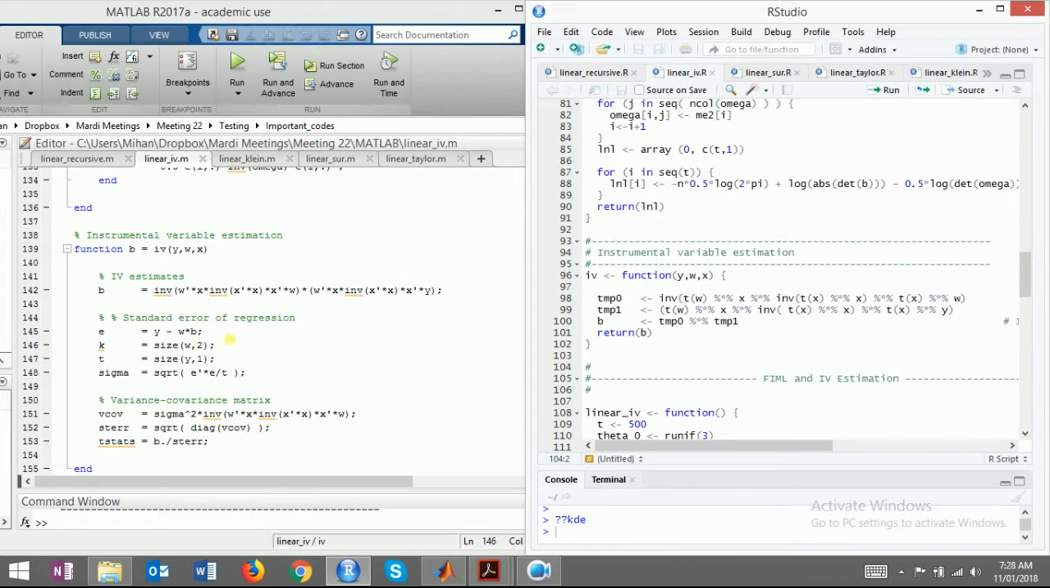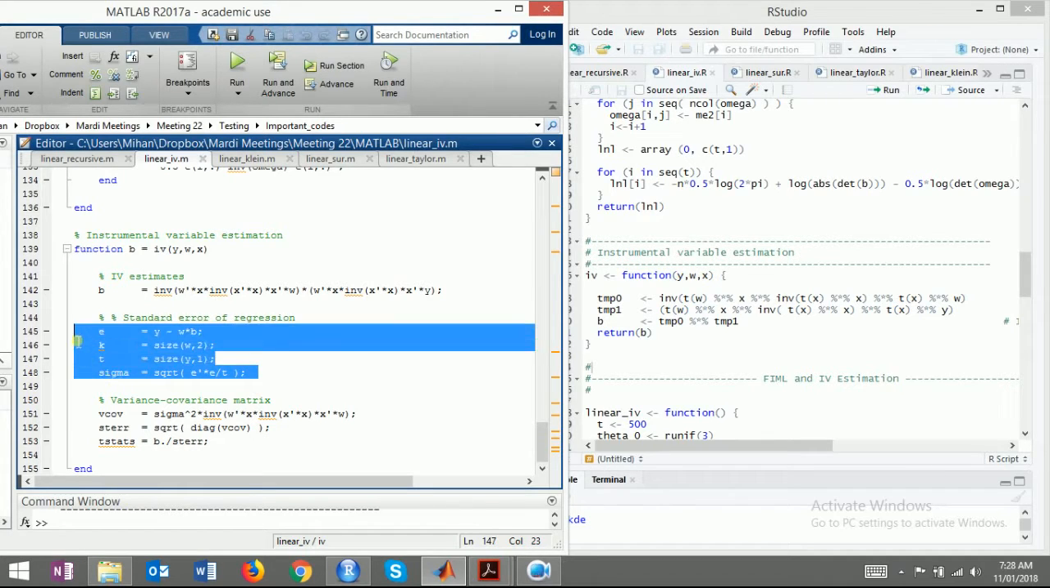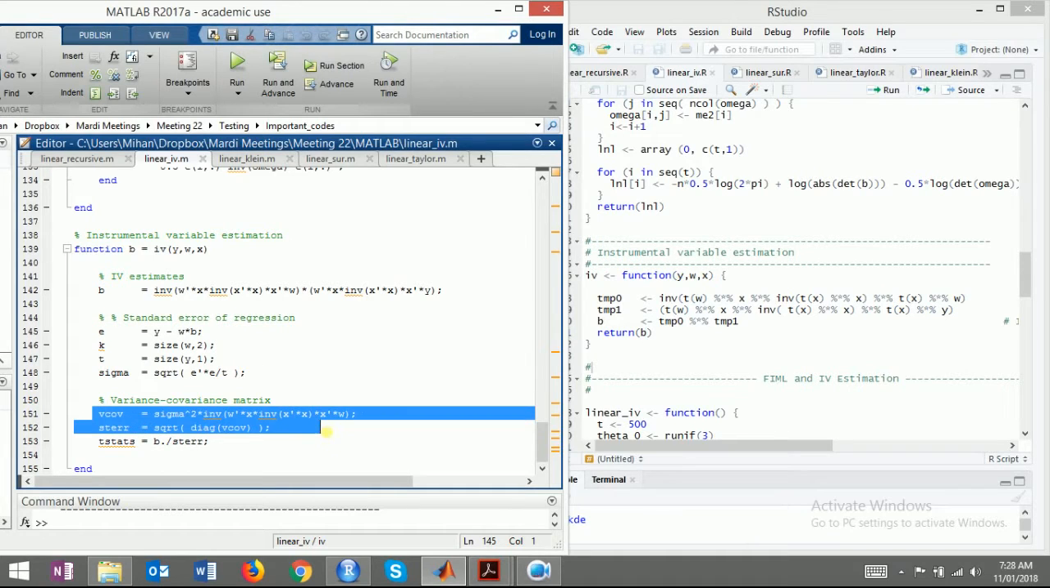Standard error k is size w2t size 1 sigma square root. Just to remember, we need to define error, we need to define the size k, we need to define t because it's a rectangular matrix, we need to define sigma for variance covariance matrix, we need to define sigma square multiplied to inverse of this, which is also given in our notes, if we can remember. Square root of diagonal variance covariance. So fine. Instrumental variable estimation. Okay,